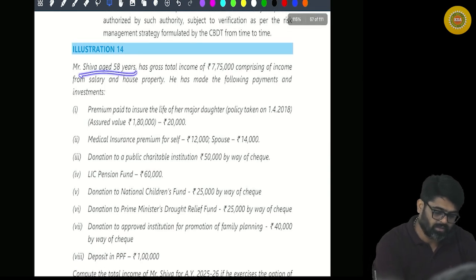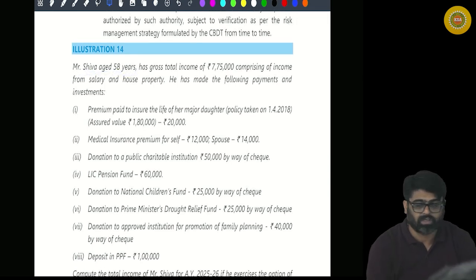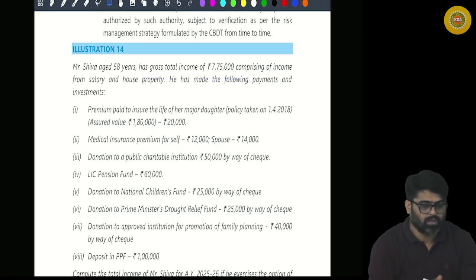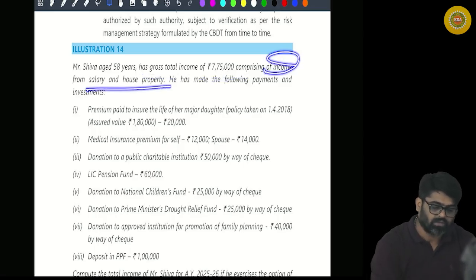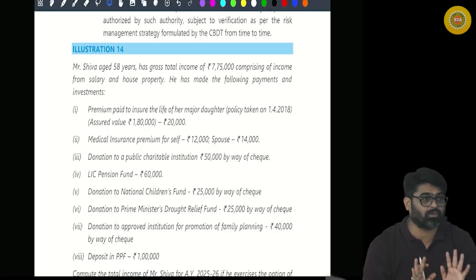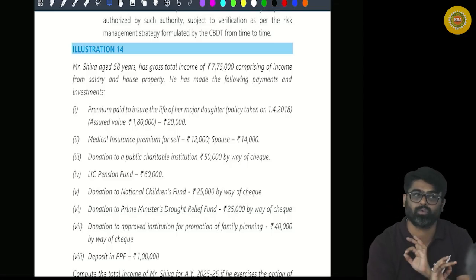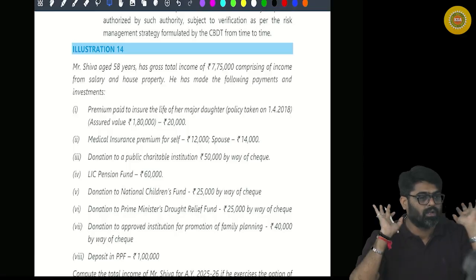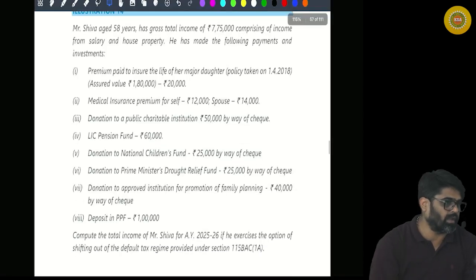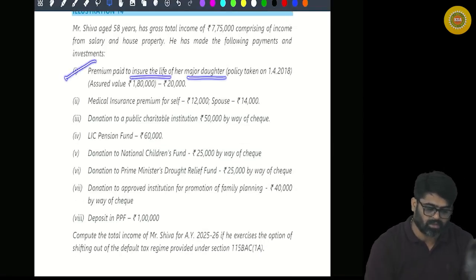Getting my point? So one question we'll see. See, Shiva, aged, senior citizen or not a senior citizen? Gross total income comprising of income from salary and house property. GTI is also calculated, and in that GTI there is no special income. All the incomes are normal. Yes or no? And from the entire GTI you can claim Chapter VI-A deduction. He has made the following payments and investments. Number 1, premium paid to insure the life of his major